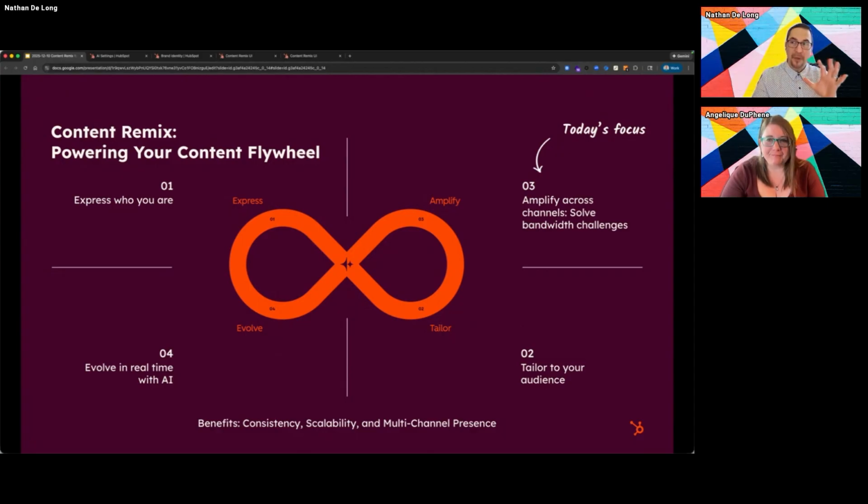So before we go on, I do always try to orient, when we're talking about features like this, what hubs are they associated with? I think on the call today, we have a lot of folks who have Marketing Hub in some way, shape, or form. Content Remix specifically lives within Content Hub in HubSpot. So Content Hub Pro or Content Hub Enterprise are going to be the hubs that unlock access to this tool. And of course, everything else that Content Hub includes with it, like landing page tools, brand identity, etc.